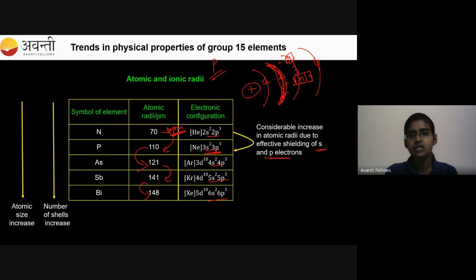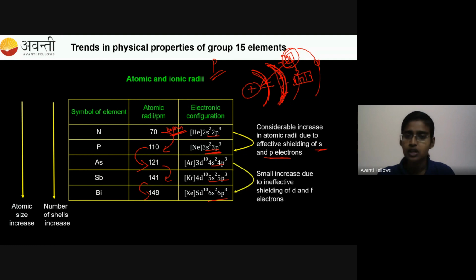So those electrons, which are located in the first shell and the second shell of phosphorus, will shield more effectively. Okay. So the outermost electron in the third shell cannot get attracted towards the nucleus. The attraction is very less. If the attraction is very less, then the contraction in the size is not observed properly, right? So the size remains as such. So what happens? There is a considerable increase in the size, not a decrease. But when you are moving from phosphorus to arsenic, there is only a very small increase